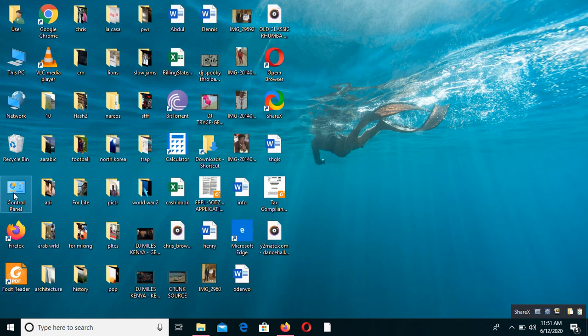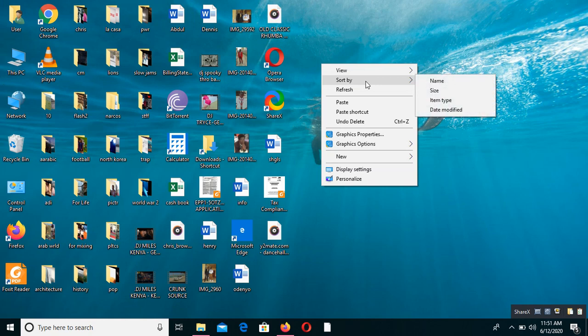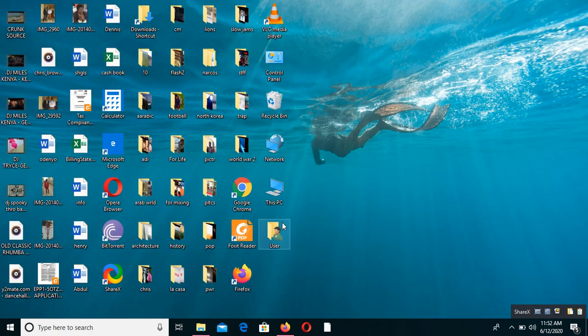This part of the computer, because these are programs that have been installed on the computer, won't be affected by that setting. So where the folders and the files start appearing, for example here, you find that they are arranged alphabetically, since you decided to set it like that. Another person, instead of alphabetically, can still right click, sort by, then select size. So the largest in size will appear at the bottom as the last icon, but the first icon that you are seeing here